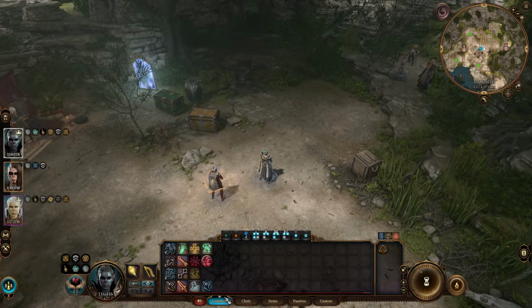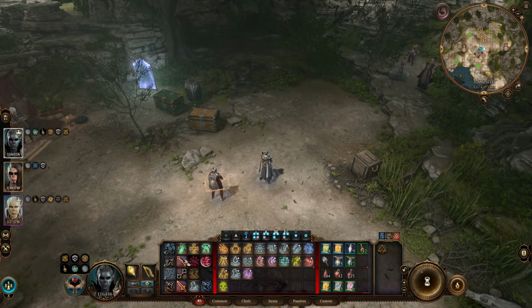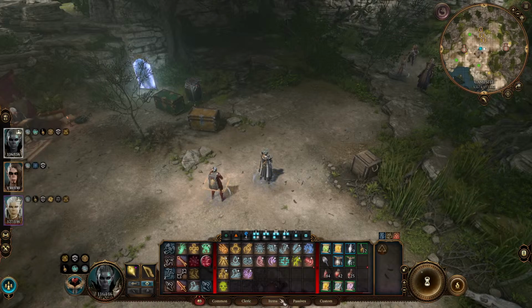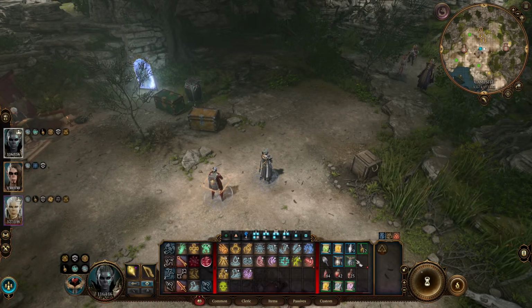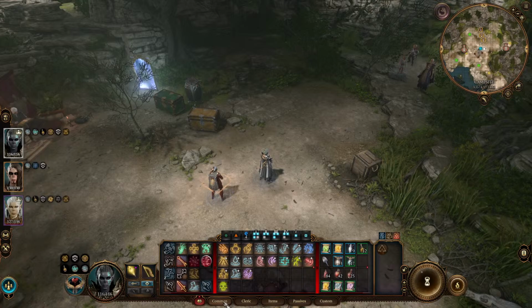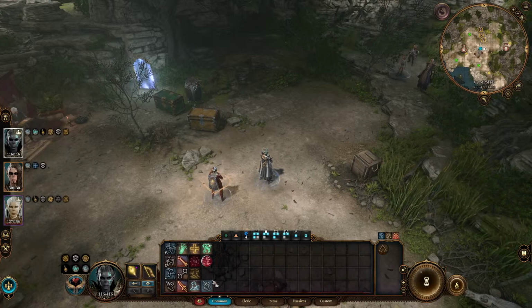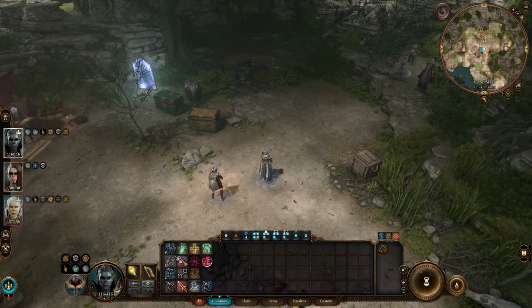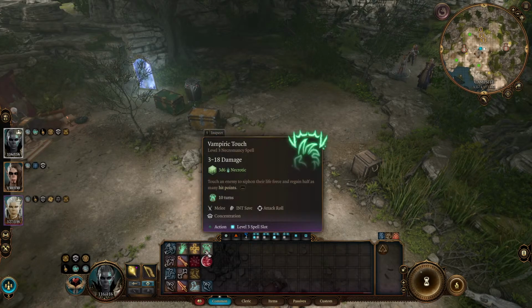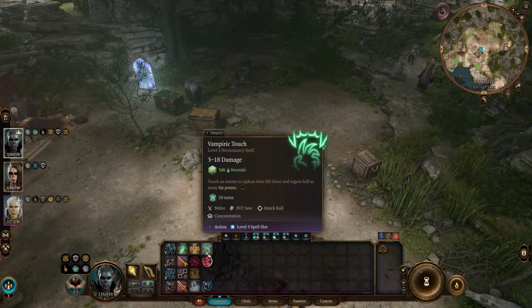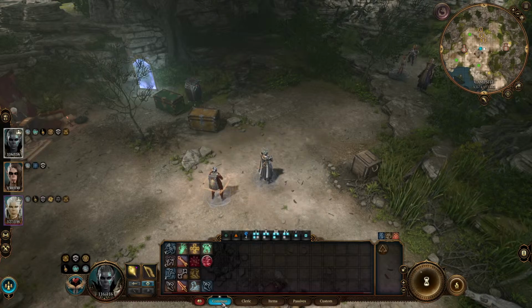is that there's a common tab, and that's basically this left side here, and then your class, which will be the middle, and then items, which is on the right. So what I did then was I just threw the common stuff, mostly, in the common area. Of course, I got my primary spells there. You can organize it how you want. It doesn't have to be just common things, but